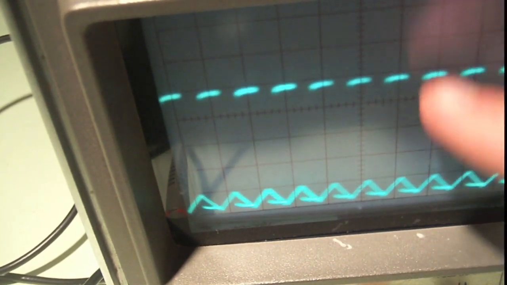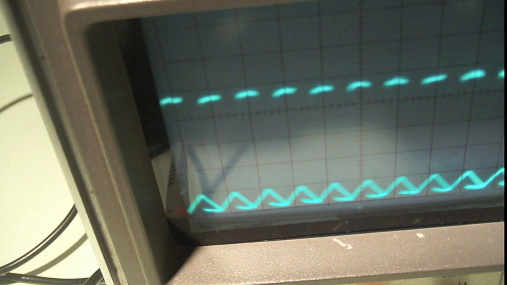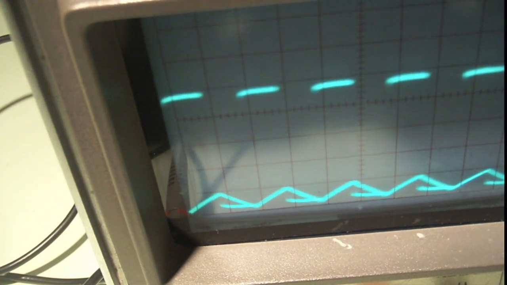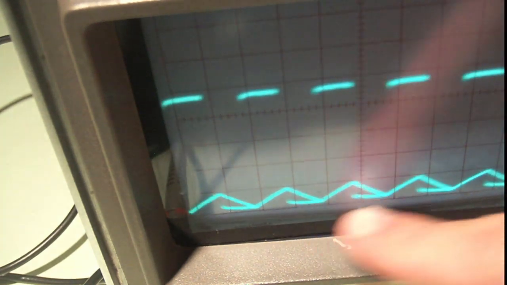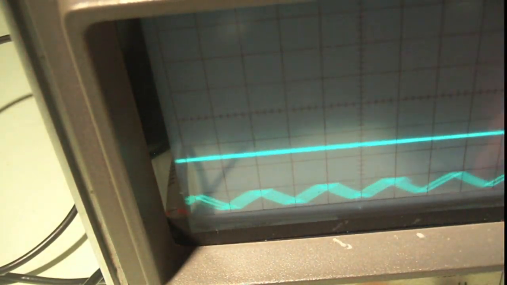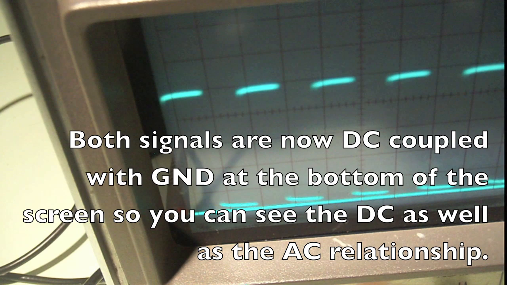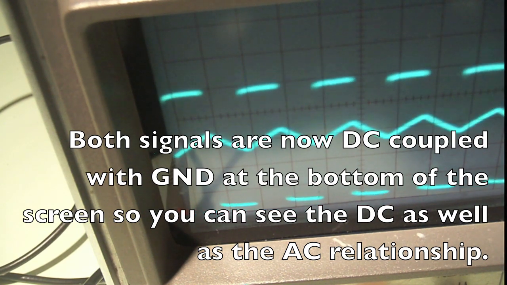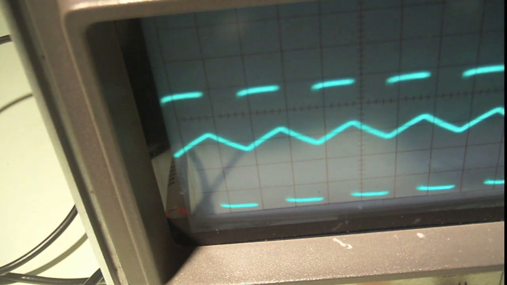So you can see the original signal is 1, 2, 3, 4, 5, just about 5 volts, a 5 volt square wave, okay? And it's about 50% duty cycle. And keep in mind the second signal is AC coupled. If we ground couple it, oh sorry, that's the first one. If we ground couple it and put it here at the bottom and DC couple it, you notice it's going to be in the middle because of